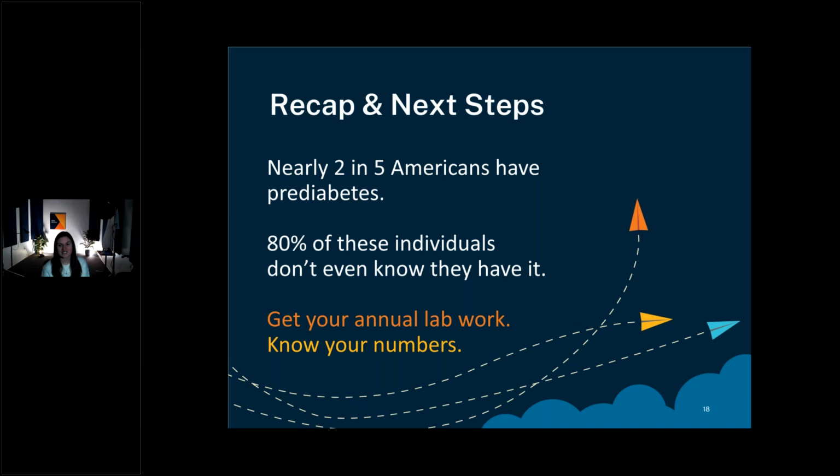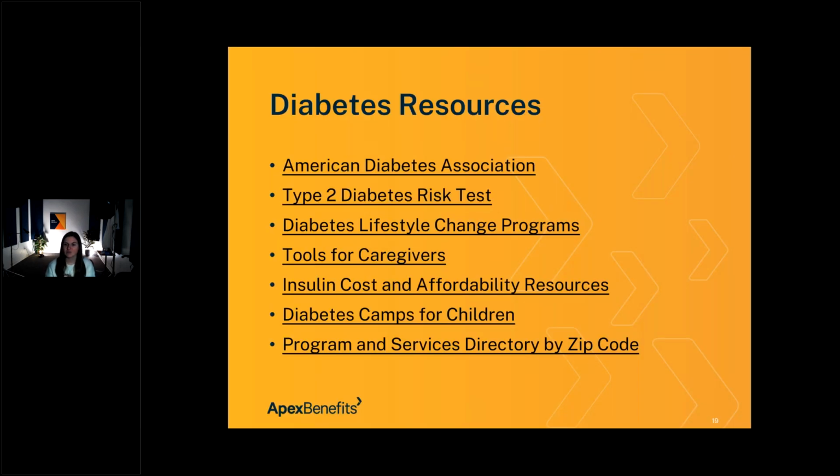Also on the right-hand side of your screen with those handouts, you're going to find information for these lifestyle management classes. So in 30 minutes, I just covered what you guys would actually cover over the course of an entire year. So you're going to actually see a curriculum to see every little thing that they cover. If you fall into the type 2 category or if you fall in prediabetes, I really encourage you to seek out by clicking these resources. You can search by zip code what programs are available.